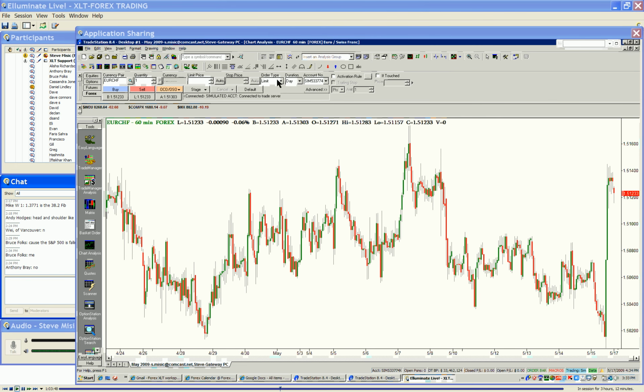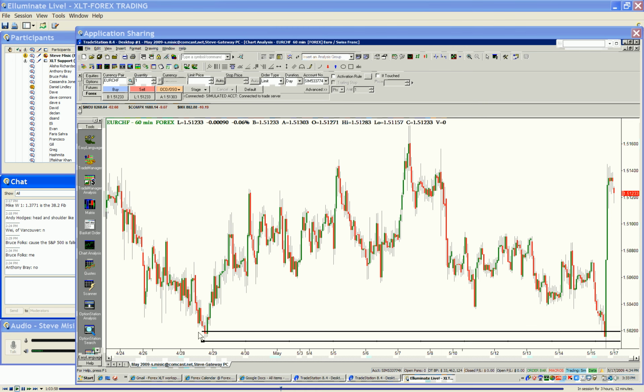But here's something that really, again, could be frustrating. You identify this area as a nice place to take a trade. Okay, you place your limit orders. Okay, you put your stop loss 10 pips below this pivot low. You get an entry here on this candle, this first candle. You get a nice little bounce. Maybe you take your profits. Maybe you don't. And if you don't, you're stopped out right on this big